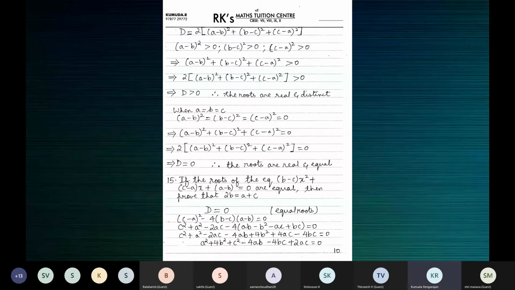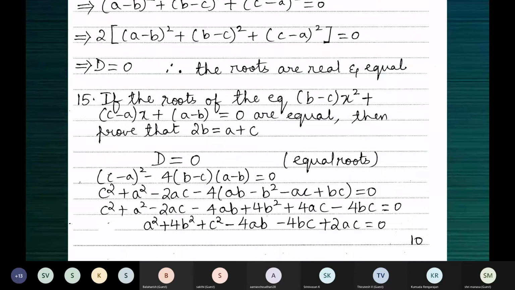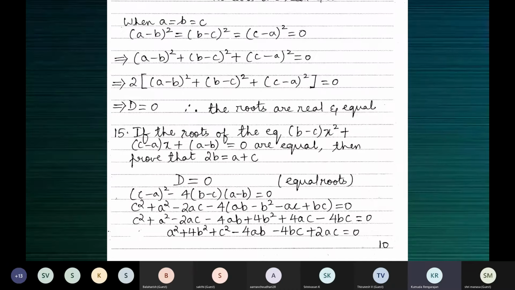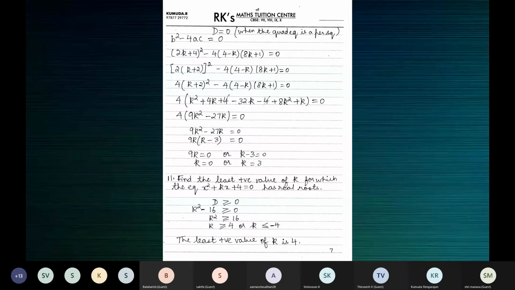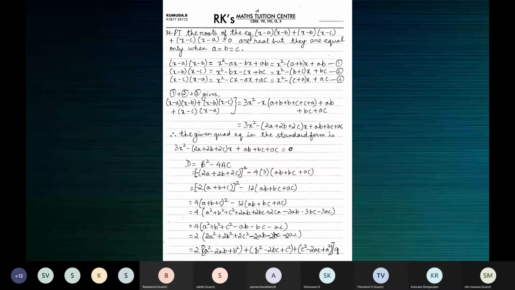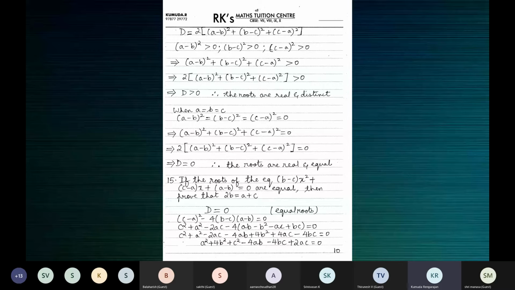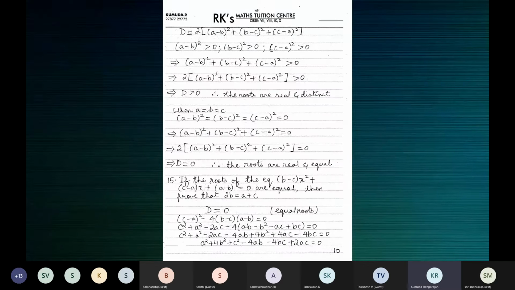I think then I'd asked you to, we finished this in the class. 15 we did. Ma'am, we didn't do even question number 7 and 8. Yeah, I've reserved it for these questions, 7, 8, 12, 13, 14. We'll do it in another class. 11 also, ma'am. 11, is it? Okay, fine. 11, 12, 13, 14.